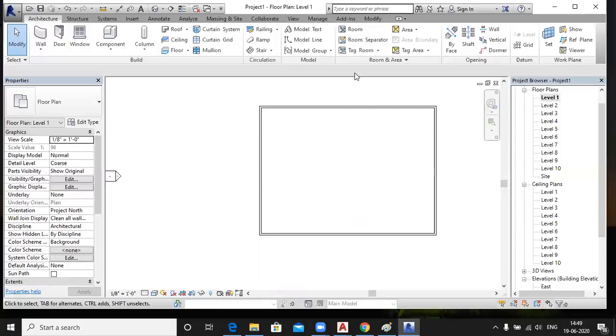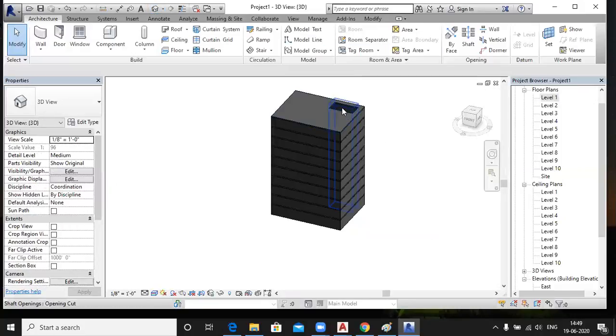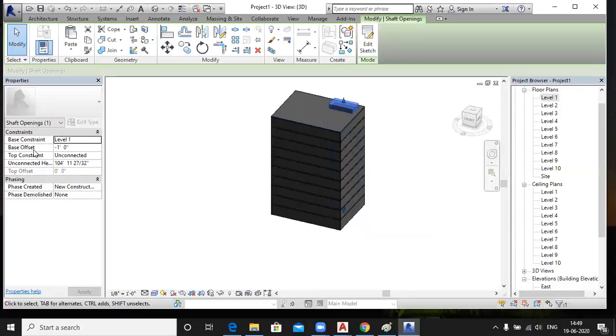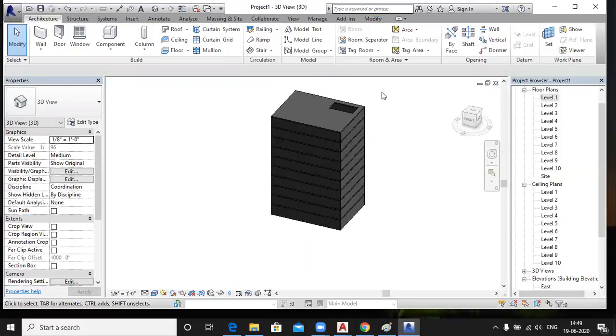On the first floor you have the base offset and the total height of your shaft, that's true, right? And the shaft will automatically cut your floors, right? Yes.